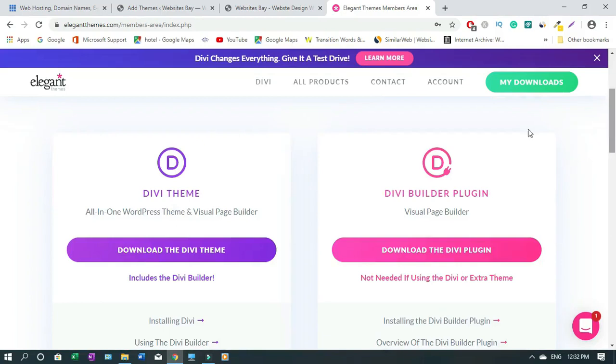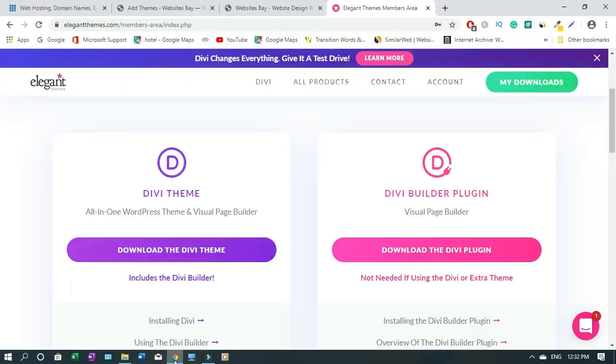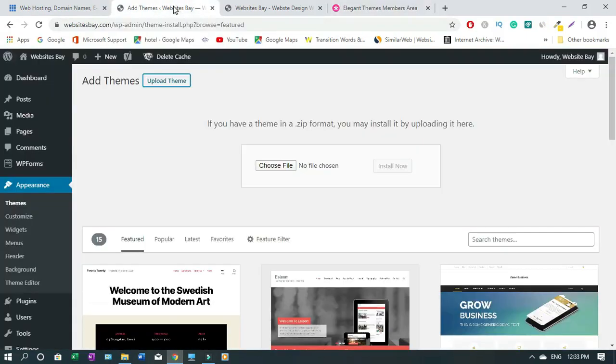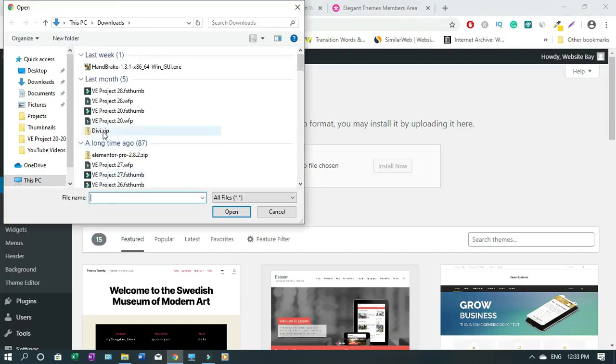So what we have to do now is click on download. I have it in my folder already. All right, I have it here. So what I'm gonna do, I'm gonna use that. I don't want to download again. So you're gonna download. It's gonna take like a minute to 5 minutes depending on your internet speed. All right, so I'll go back to my site, choose file, click on Divi, open,